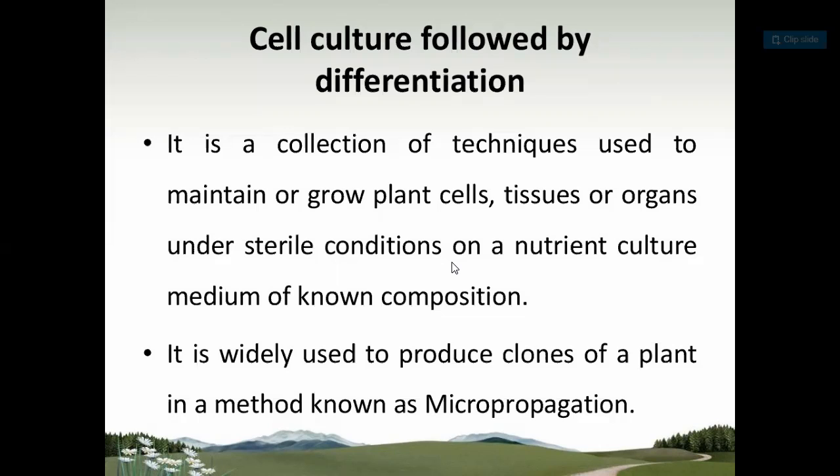That is nothing but the food of the plant. There are different types of techniques available, like conical flask, petri dish, or other glassware, where we are going to give this nutrient to the plant which you have taken as a sample. It is widely used to produce clones of plants in the method known as micropropagation. That's what it is known as,